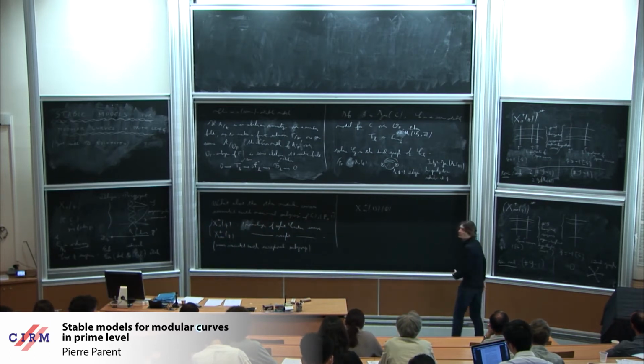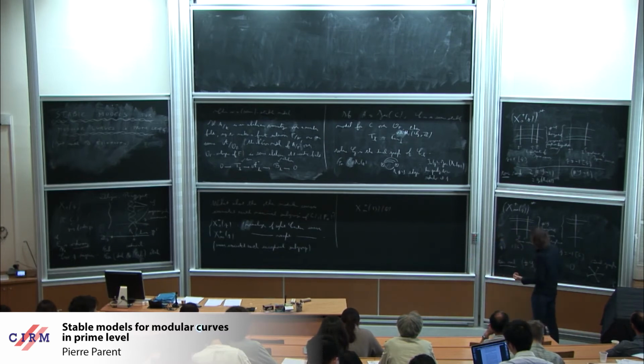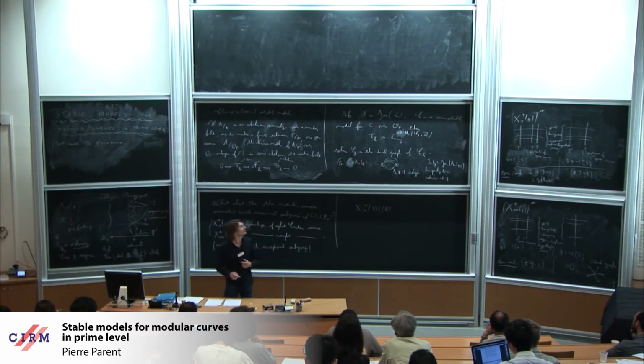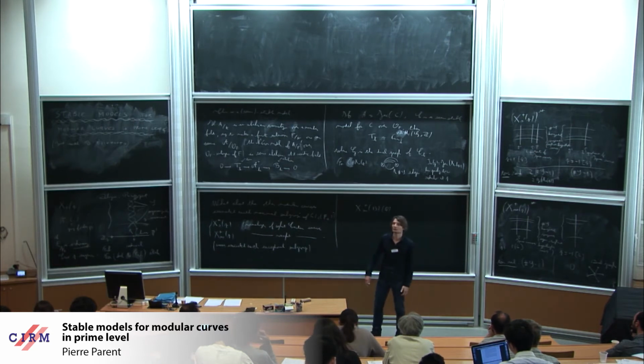Perhaps not for arithmetic purposes, because when you know things in level P, you're happy usually. But geometrically, we cannot describe what's going on for level P to the n when n is larger than 2. And this is really due to the method we use, because at some point, I hope to explain, we do need to have some constraint on the multiplicity of the components which occur on those models, and this is not satisfied when the level is divisible by P squared. So we cannot treat the case of X non-split of P squared or P cubed or something, but